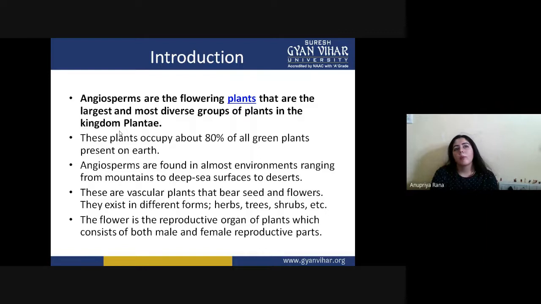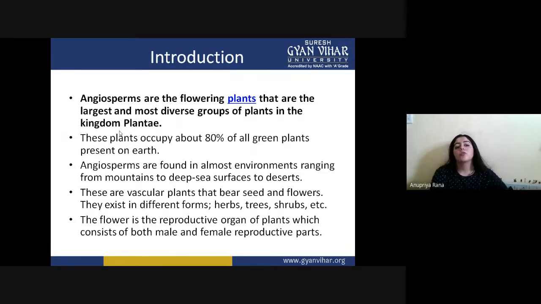So if we talk about diversity, diversity is a different aspect of a single thing. So if we're talking about plants, the most different kinds of plants are those which have large-scale variation, any kind of variation can be present. If we talk about their diversity, the angiosperms are the most diverse and largest group of the plant